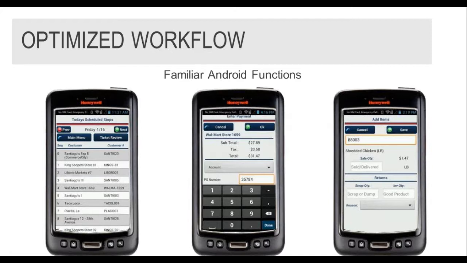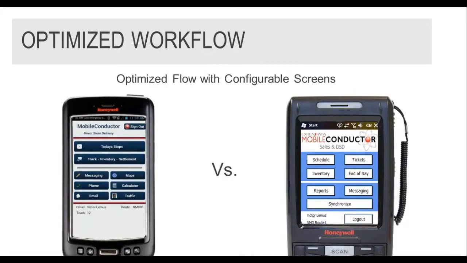The last thing I wanted to point out here is really the concept of what's called a hint. If you look at that last screenshot, you'll see under sale quantity where it says sold and delivered, under scrap quantity where it says scrap or dump. Basically, those are hints. It's information that we can put into the input field to help the user understand what type of data is supposed to go into that field. And of course, once there's values entered into those fields, those hints go away. So again, a lot of great options to help improve usability.